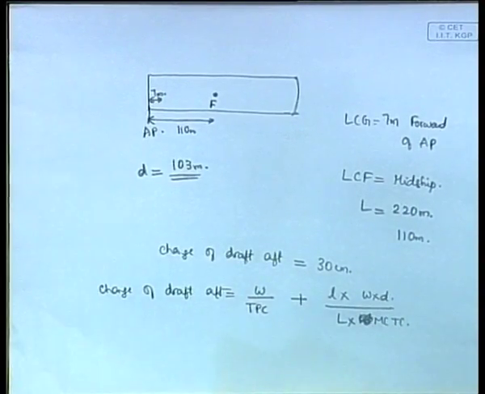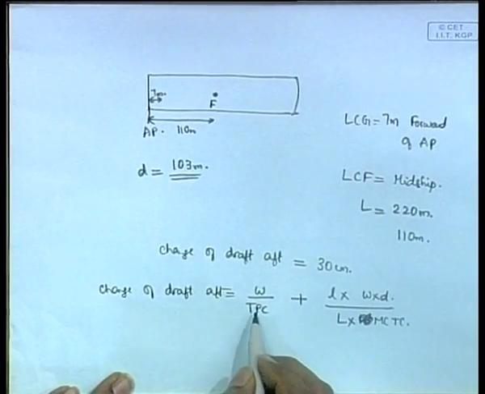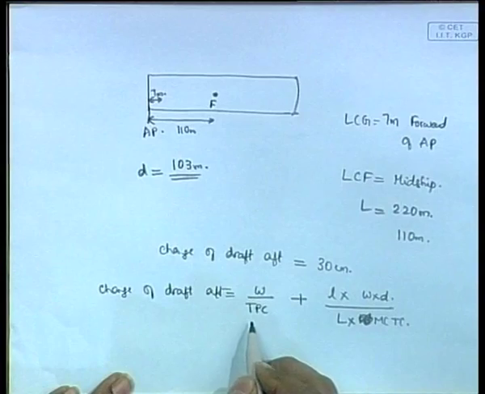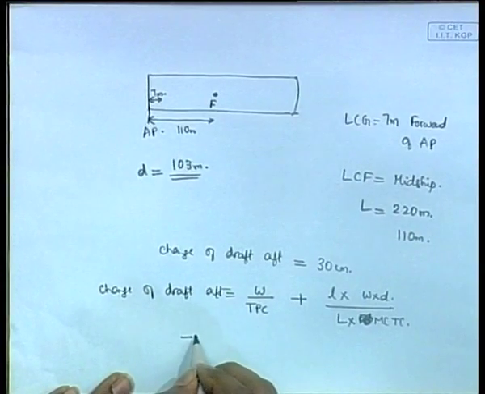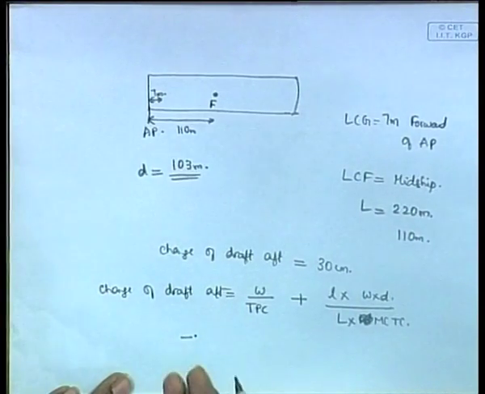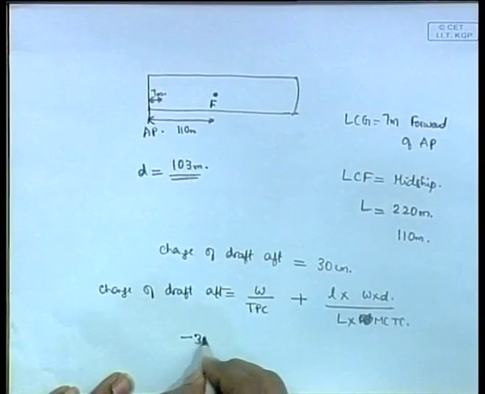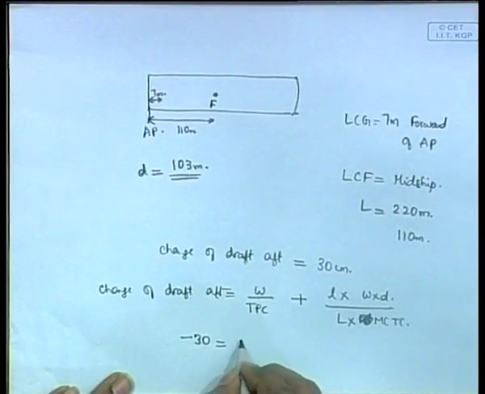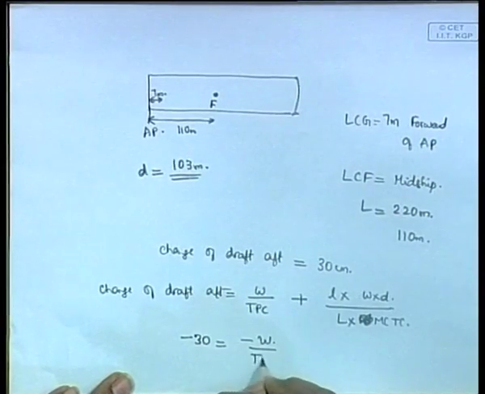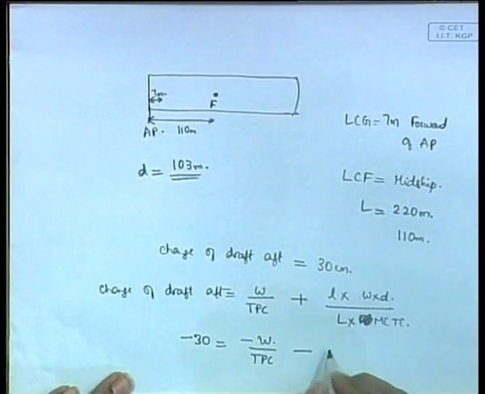Okay, this formula you have to use. Now, note that in this case everything will become negative, because it is a discharging of weight. Therefore, it is a decreasing of draft. So, it will be minus 30, minus 30 will become minus W by TPC minus